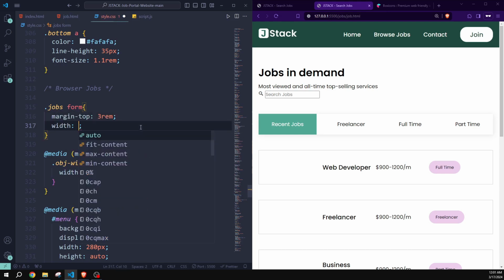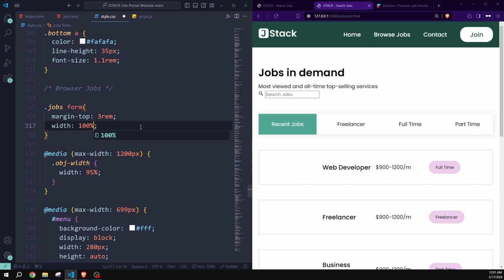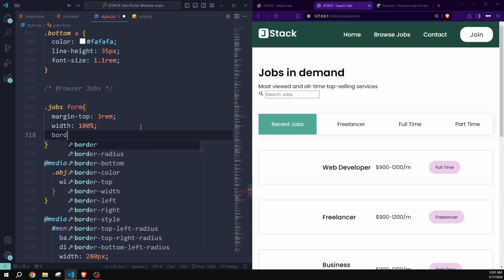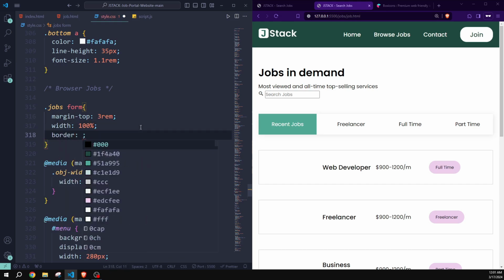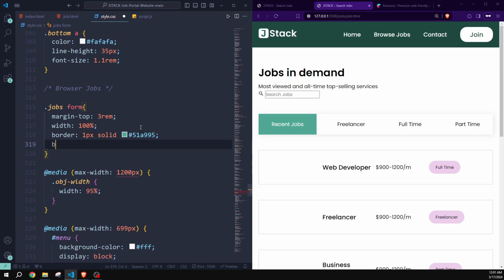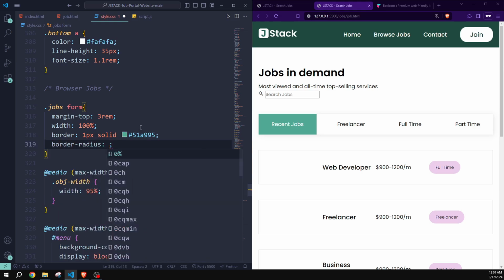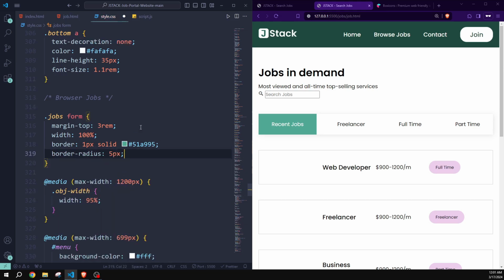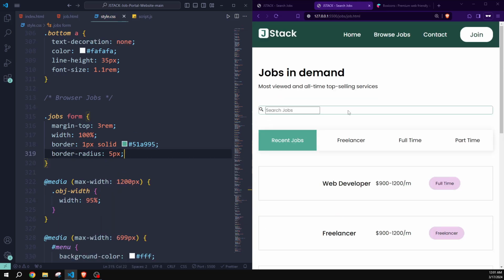Then I will use a width, and the width will be 100%. Then I will use a border, and the border from everywhere, it will be 1 pixel, solid. And the color will be this one. Then I will use a border radius and it will be 5 pixel. Now save. And here you can see that we have our form, and this form is now taking 100% of width. After this one, our icon and this search bar is now in one row, but they are not properly